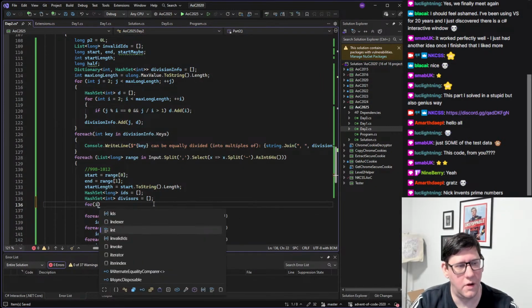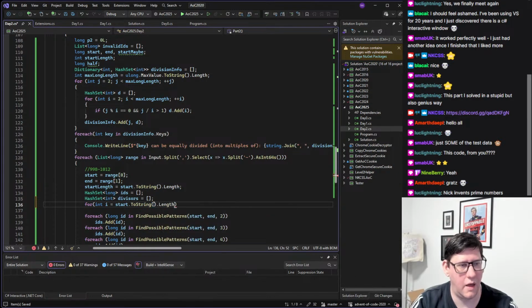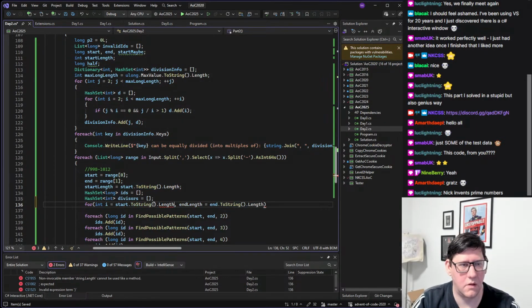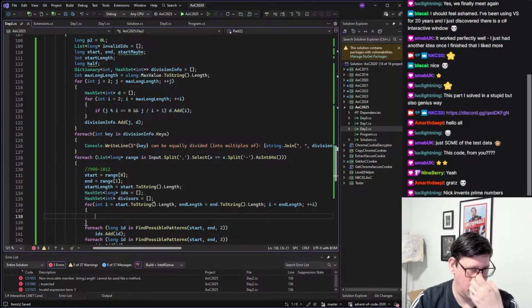So do for int I is start dot toString dot length and length is end dot toString dot length. I smaller than end length I, and then we do